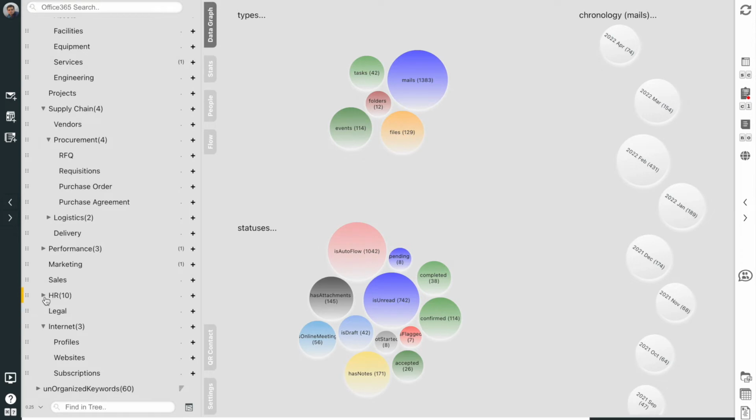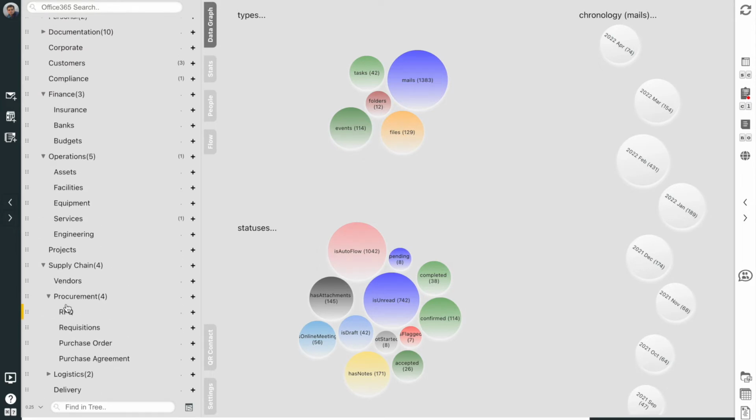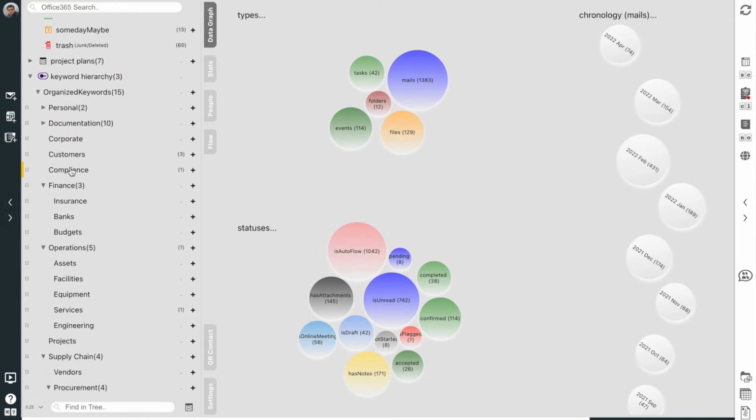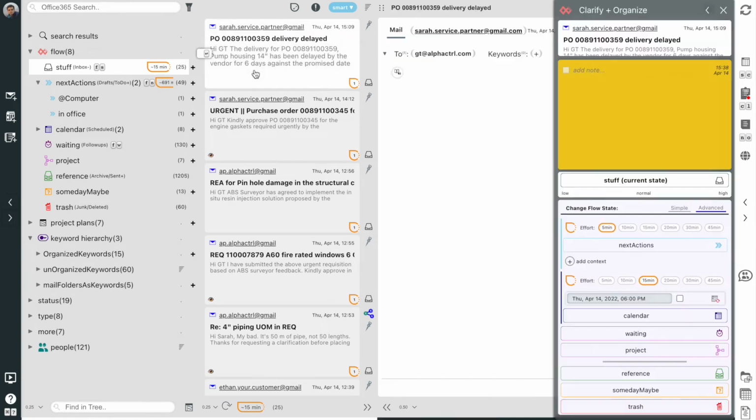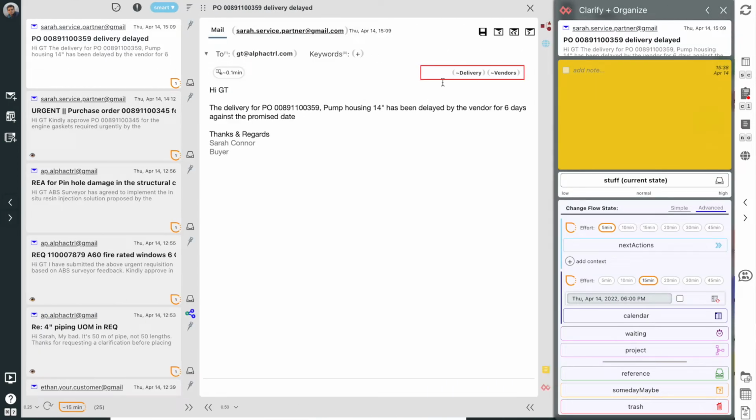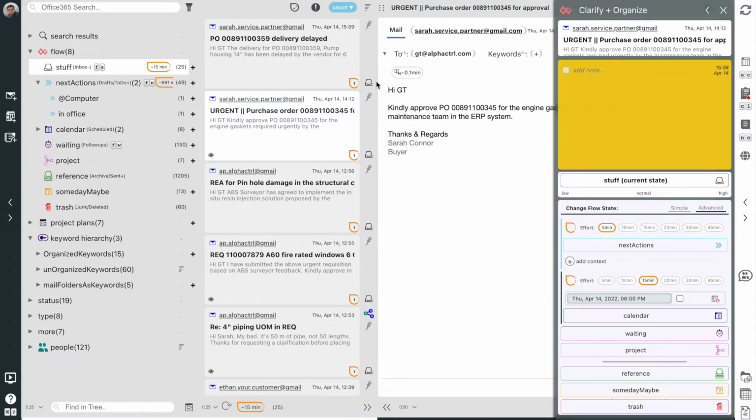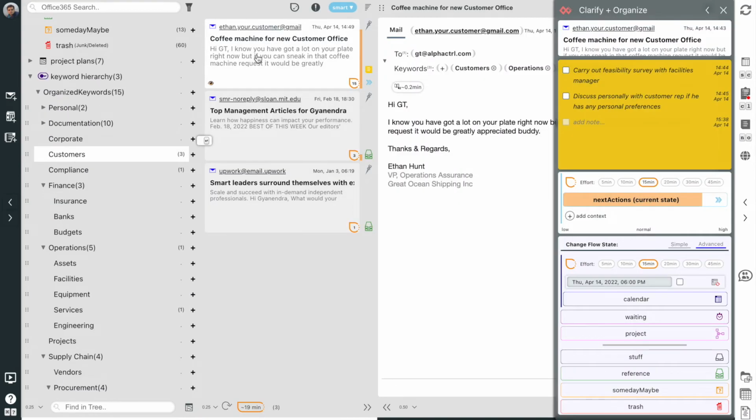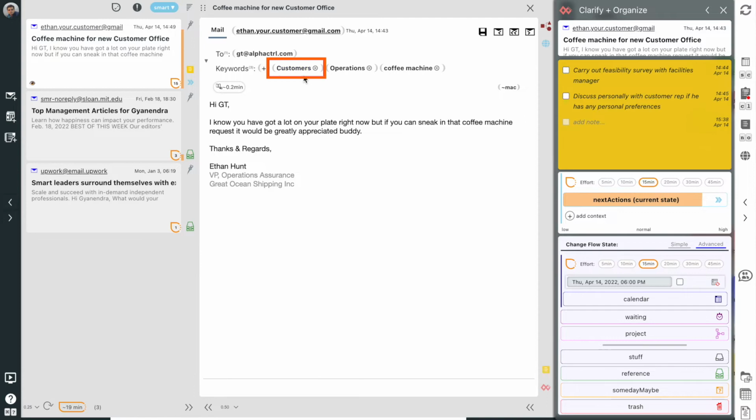Now, I don't need to worry about creating a folder system from scratch and then remembering to file each email in it. Alpha Control prompts me to organize into keywords every time I open an email, reducing my cognitive load. This simple trick has worked wonders for many of our users who used to struggle with filing before. Let's see if our email was connected to the specified keywords.